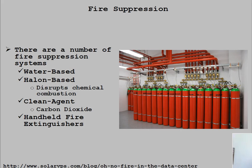But also one of the things that you'll see is fire extinguishers and whether or not they have a little tag to show the last time they were updated or inspected, to make sure they still have pressure, maybe make sure they weren't expired, and those types of things. So there's a lot of